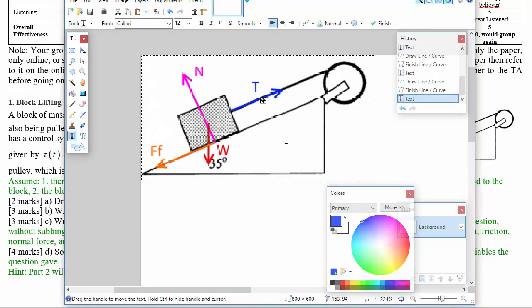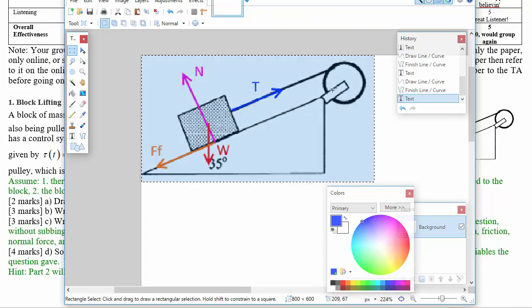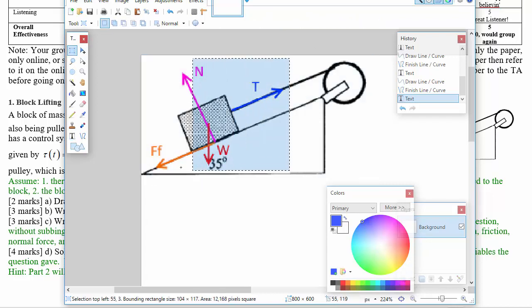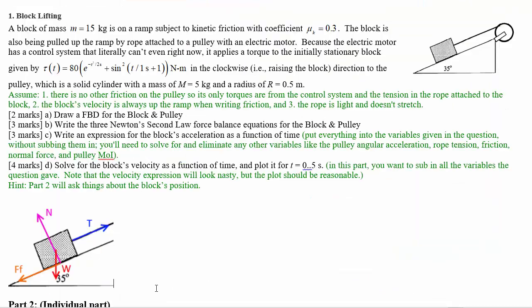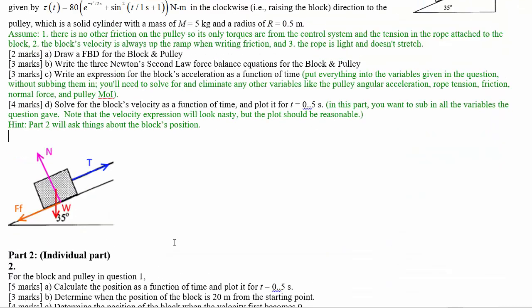So that's the free body diagram. Really, to get this as a free body diagram for just the block, we want to be drawing the block by itself. So what we'll do is select just that part of it. And now it's like the ramp is just specifying the angle there. So here's a free body diagram for the block. That should be all the forces on that. And for the pulley,